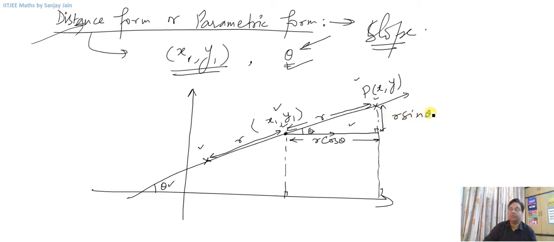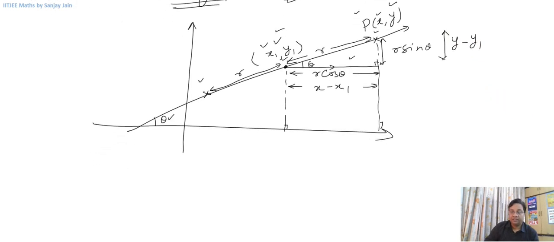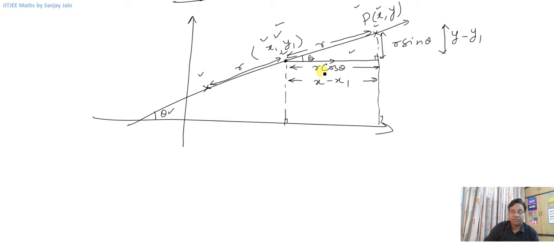This is something we know from the basic knowledge of our trigonometry. But in terms of coordinates, what will be this distance? It will be the difference of these x coordinates, x minus x1, right? And in terms of y coordinates, what will be this distance here? It will be y minus y1,